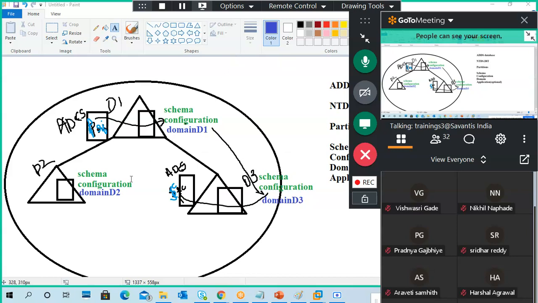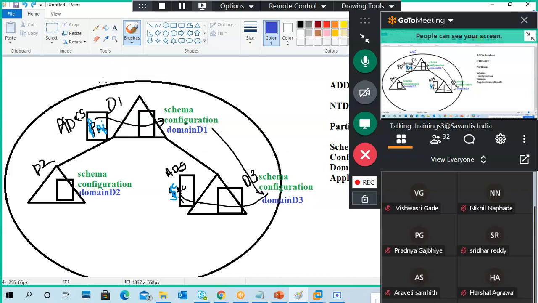Okay, simple. So there is a common schema in the entire forest, for all servers, all domain controllers, all types of databases. Everything has a common schema and common configuration, but each domain is a different one. If you put D1 as a root, it means the forest level domain. It means your forest name is, for example, D1.